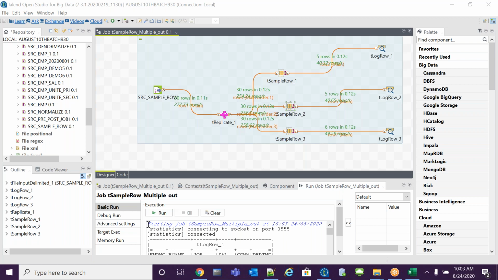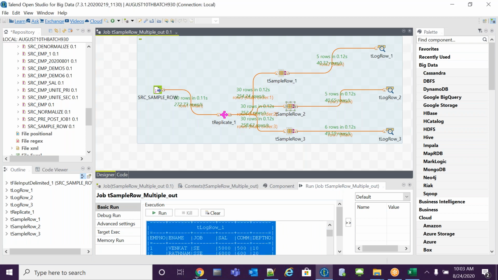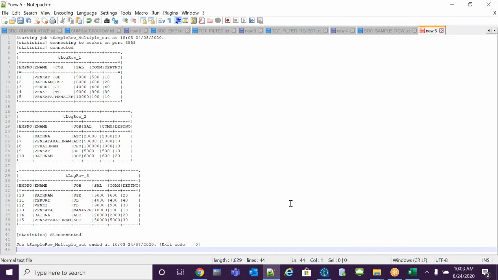It will come properly now. See, 1 to 5. Clear, team? How to get it? I have a number of records in my source file, but I want three targets: 1 to 5 in one target, 6 to 10 in another, and 11 to 15 in the third.